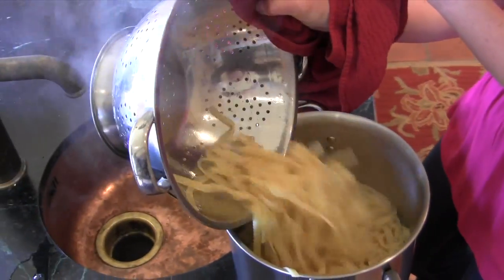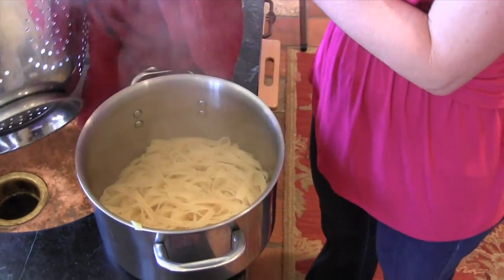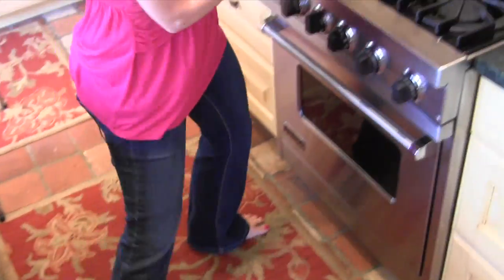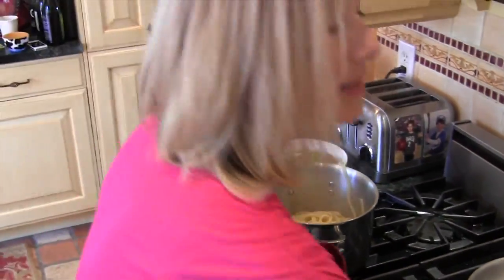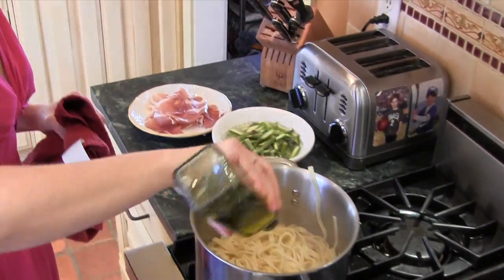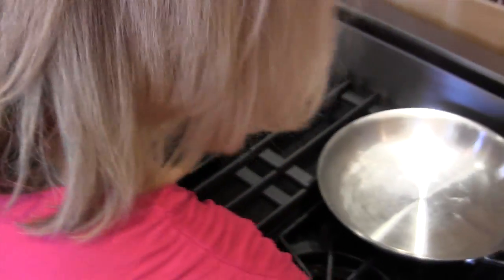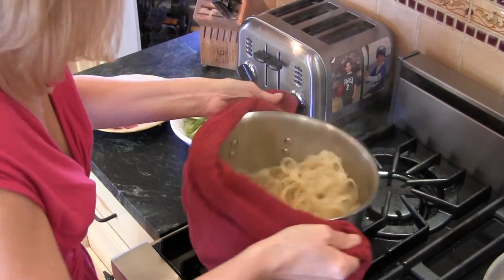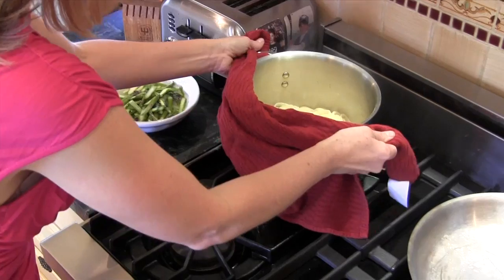So I'm just going to put it right back in the pan. There we go. But what I am going to do, because it's going to sit for just a couple of minutes while I make the sauce, to keep it from sticking, I'm just going to put a little bit of extra virgin olive oil in there. And just shake it around a bit so it'll be nice and ready for us when we're done with our Alfredo